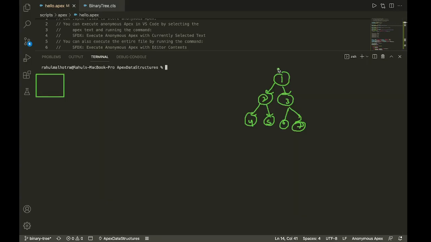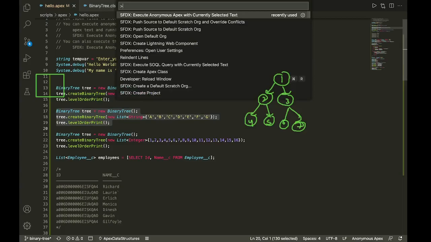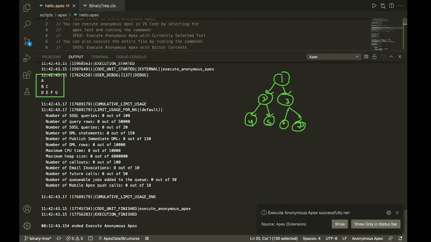Let's say, what if I pass some other kind of data type? This time I'm going to pass a list of strings: A, B, C, D, E, F, G. Again, I'm going to create a binary tree and print it. Let me execute this code. This time, again, our tree is constructed successfully and it looks like A, B, C, D, E, F, G, so in the same order the binary tree is created.